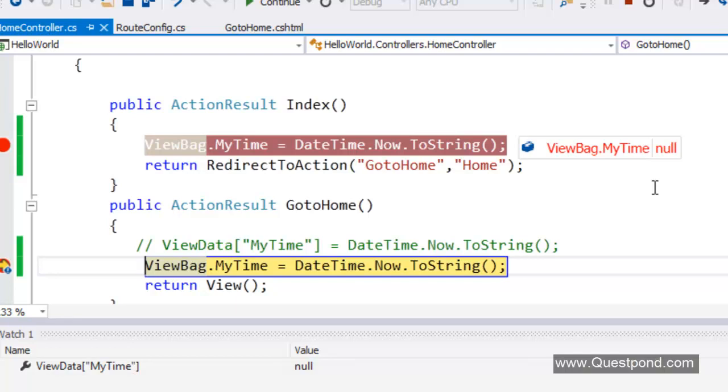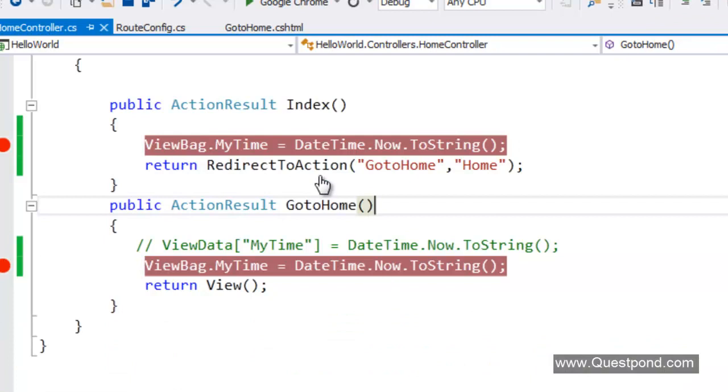View bag or view data only maintains data from controller to a view. So the next question is, what can help us maintain data from action to action or controller to controller? And that's where we have the second thing called temp data. So let me close this program here. So in order to use temp data,